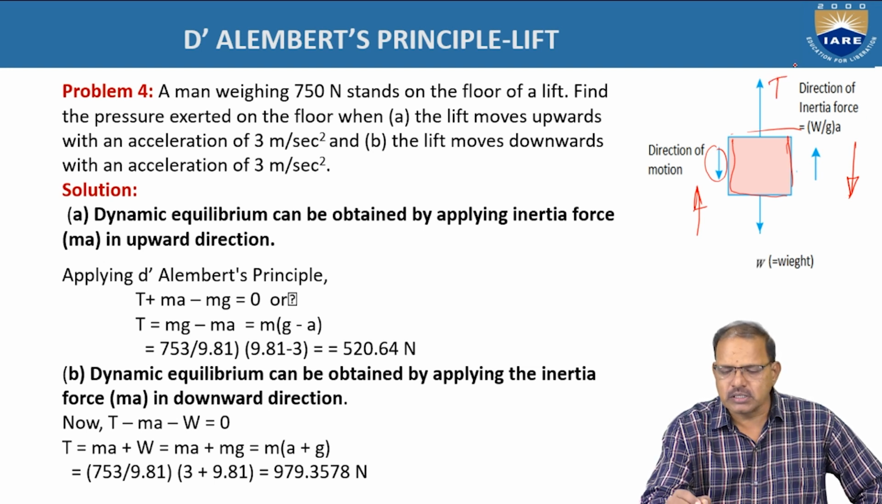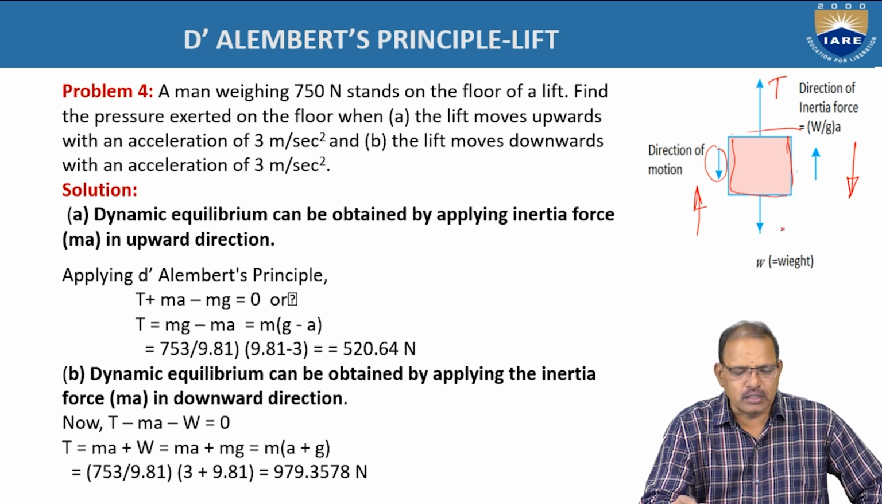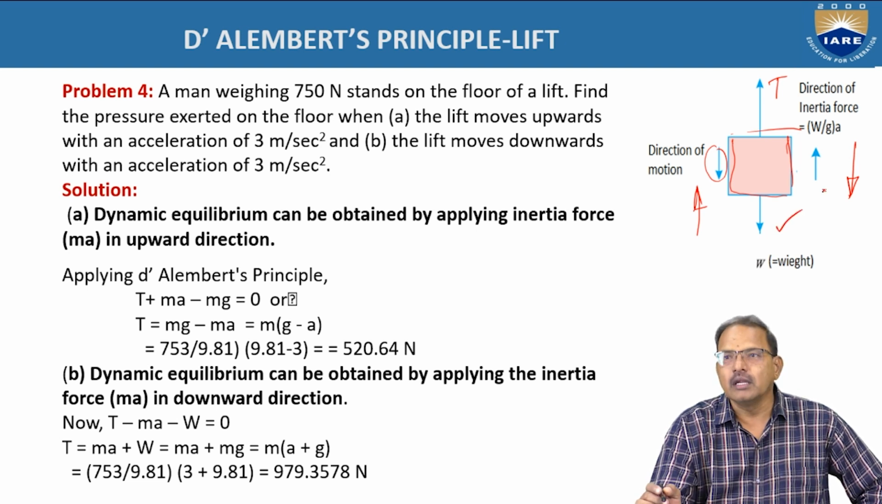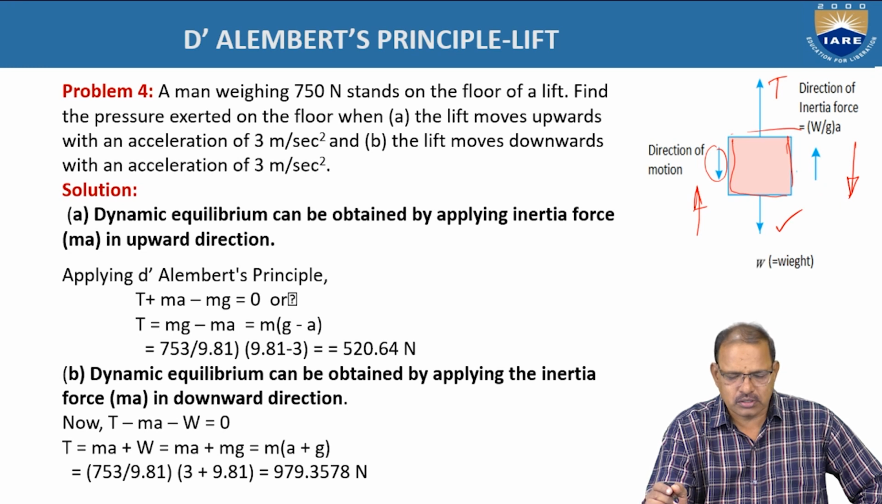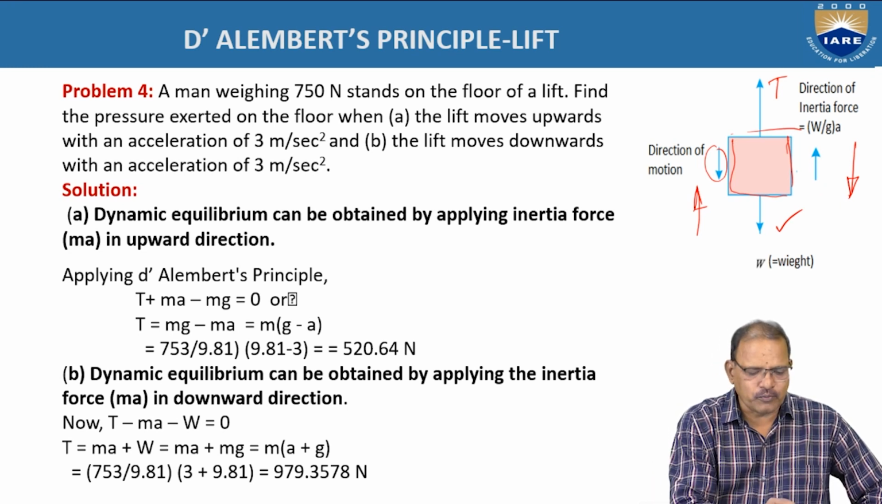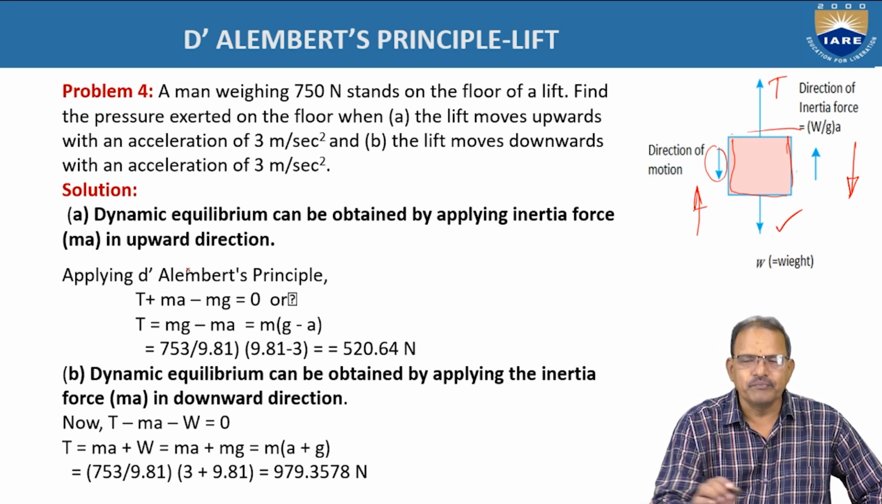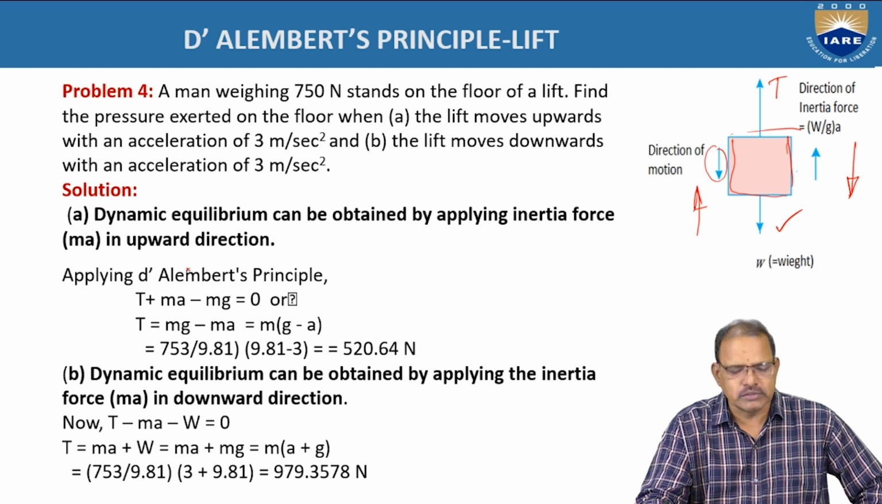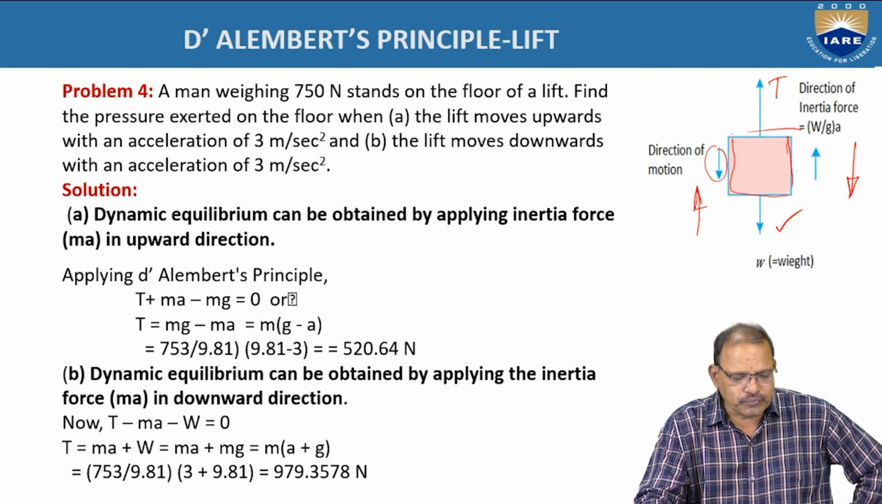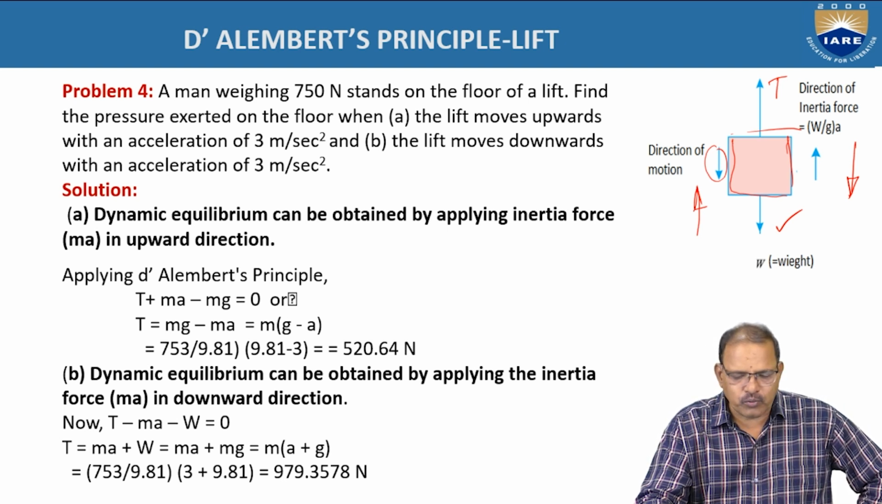Assume T is the tension in the rope, it is always acting in upward direction. The weight is acting in downward direction. So here now the upward forces are T plus MA. T is the tension in the rope, it always acts in upward direction. Since we have taken here now the body is moving in upward direction, inertia force acting in downward direction now,